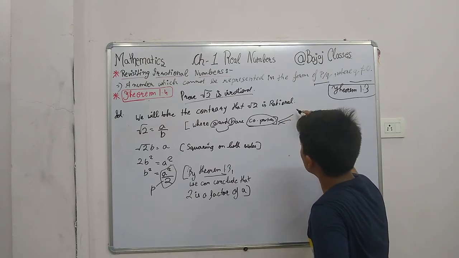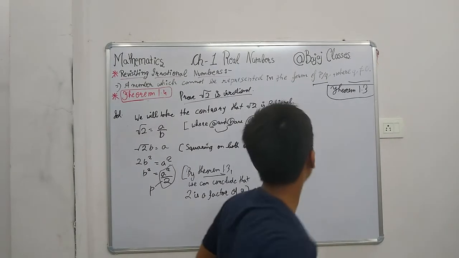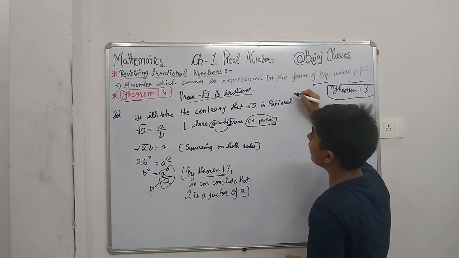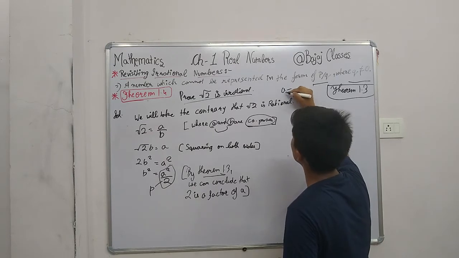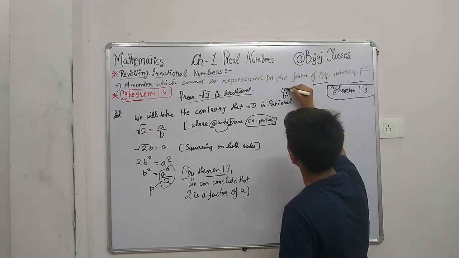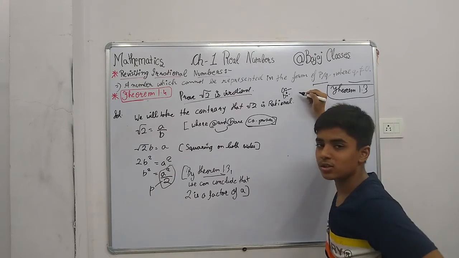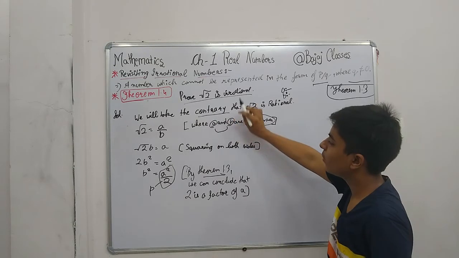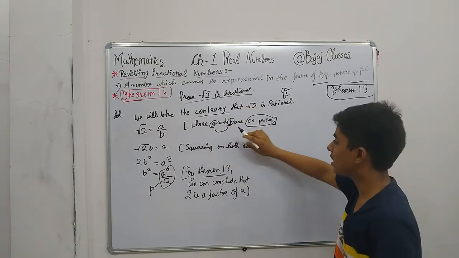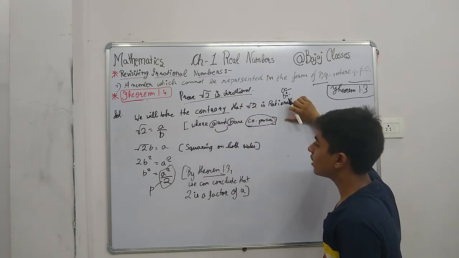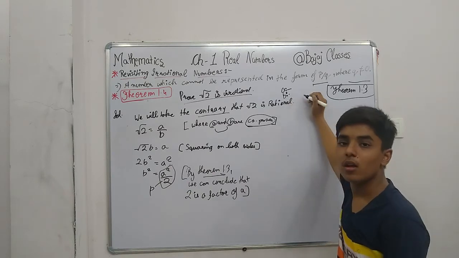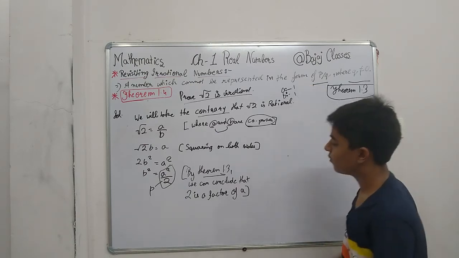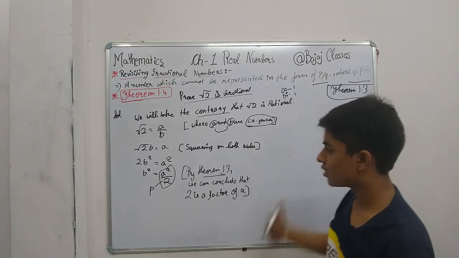First of all, we have this a and b. What are the factors of a and b according to the contrary? According to the false statement, we have taken them as co-primes, and according to that, what is the common factor of them? The common factor will be only 1. But now what happens? We will take the next common factor.